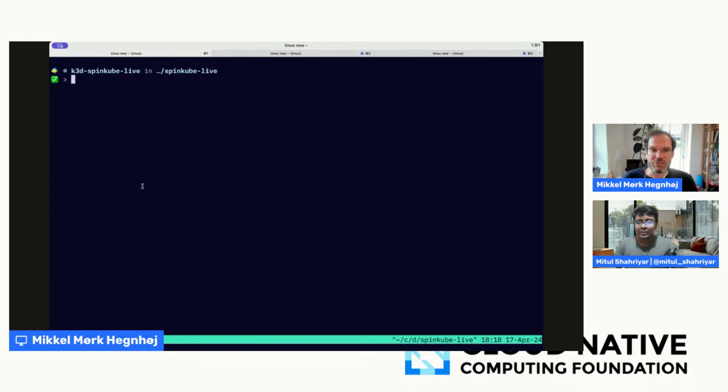Okay, so the first thing we're going to do is go through the experience of installing an operator, creating a Spin application, and then deploying that into the cluster. What I've done to begin with is create a K3D cluster that I run locally on my machine. In order to enable containerd and get the shim installed inside of your K3D cluster, you can create a cluster. I might have the command that I want to show here. You can create a cluster and point to this image that the SpinKube